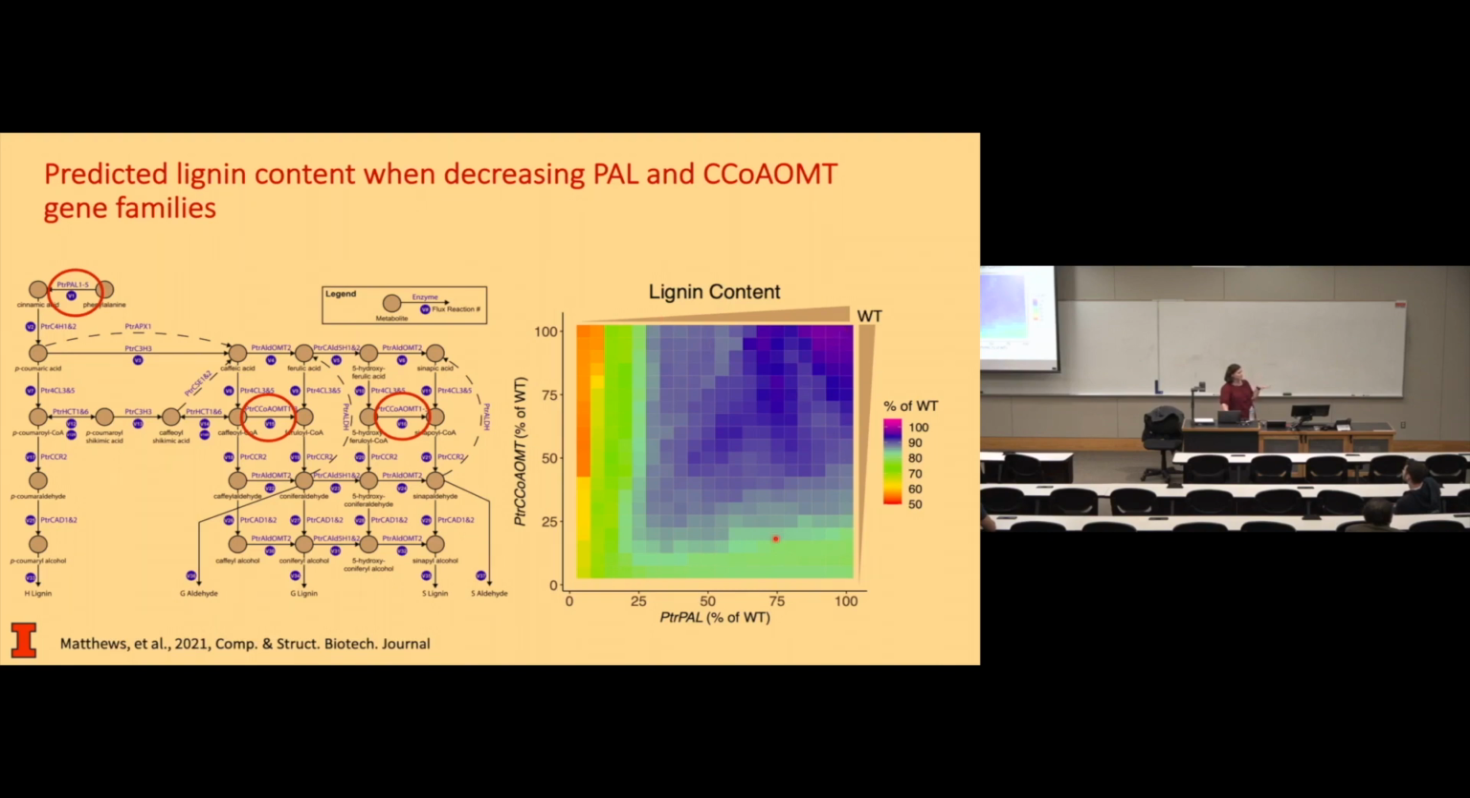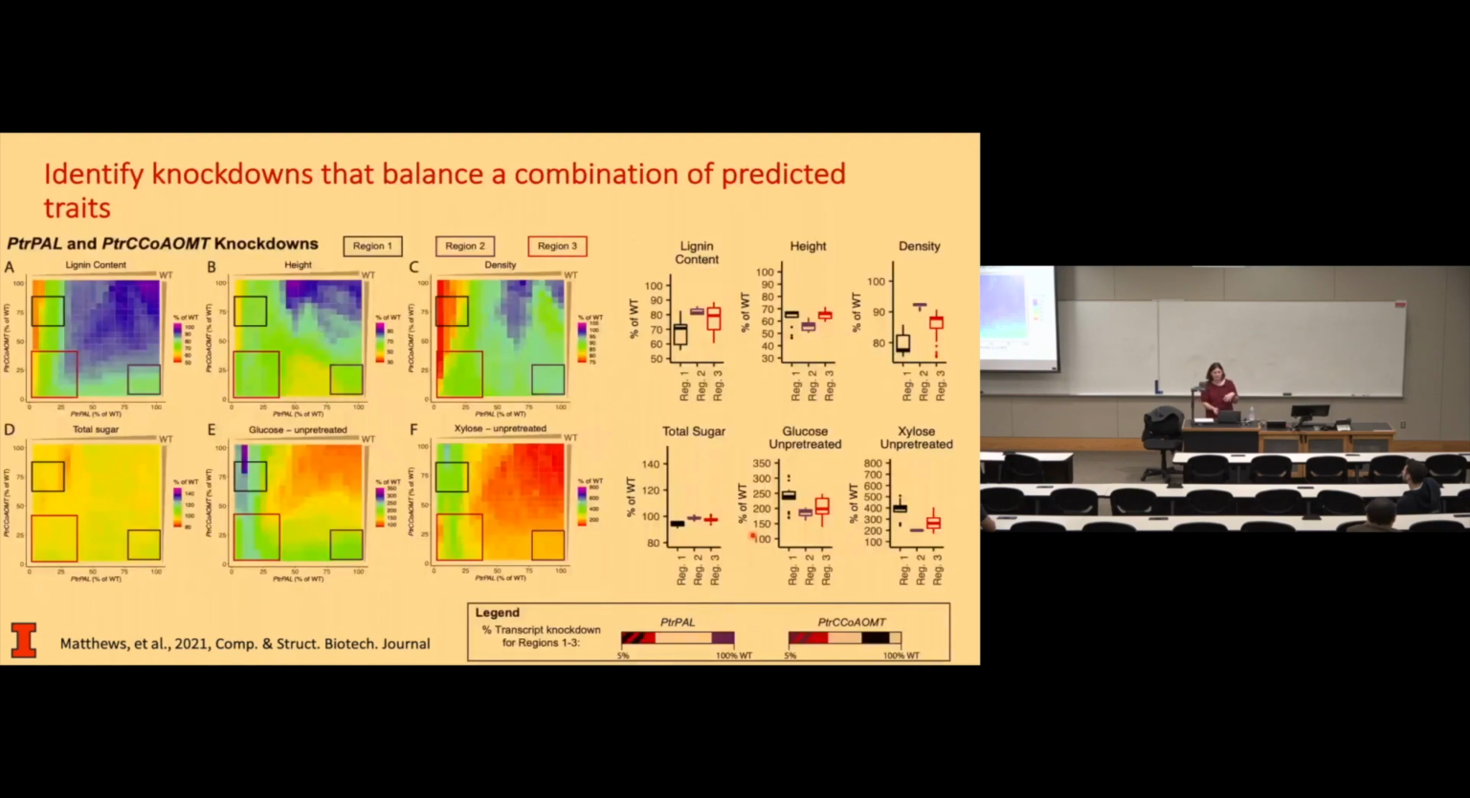So at wild type, you have wild type's amount of lignin, and as you start to decrease these, you get a decrease. But you have to decrease a fair amount, especially in the case of the POW, before you start seeing the decrease in lignin content here. But there are some combined impacts from decreasing both at the same time. And so you can use this model, and it has been used recently, to explore and identify different regions and ways to